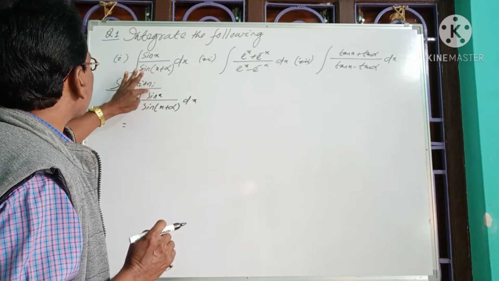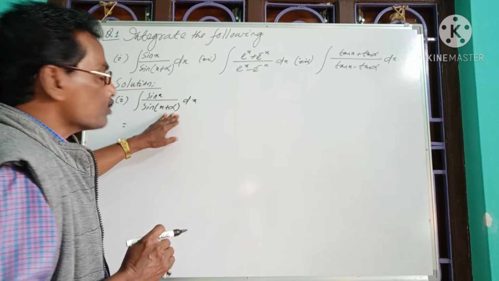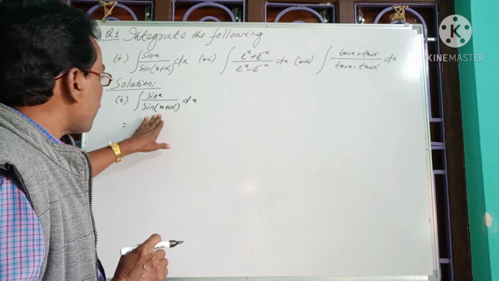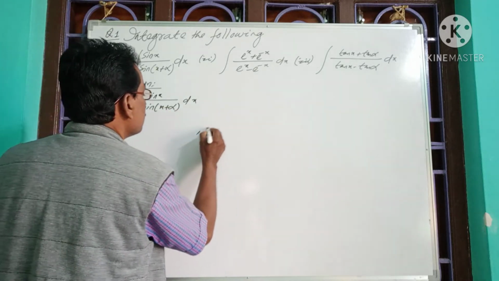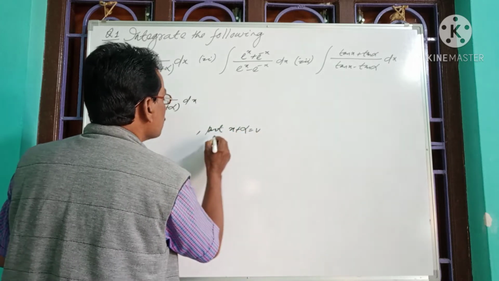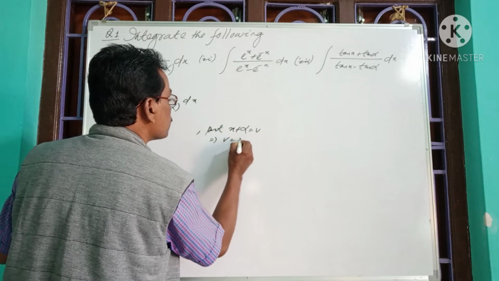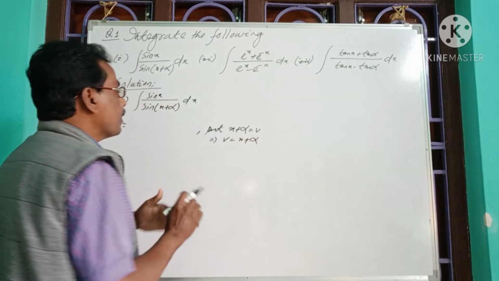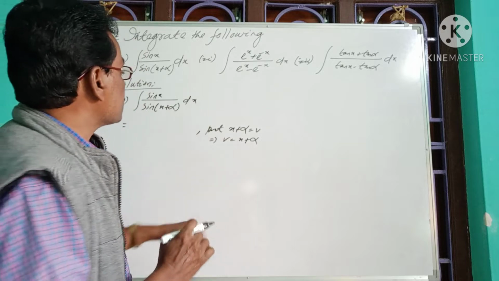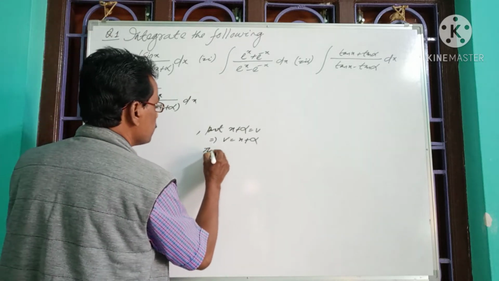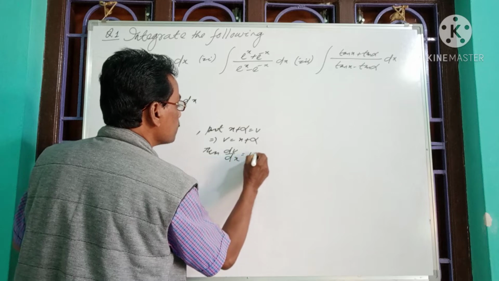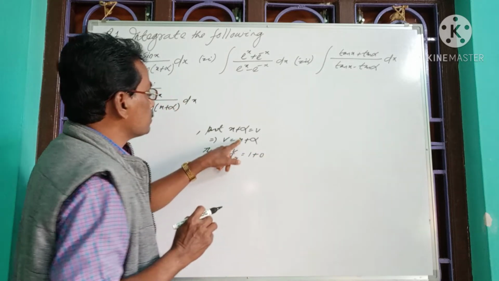Here, the integrand is in the rational form sin x by sin of x plus alpha. To transform into standard form, let us substitute x plus alpha as v. So let us put x plus alpha equal to v. Again, v is equal to x plus alpha. Now v is a function of x, so we have to differentiate it. Differentiating v with respect to x, it will give us dv by dx,